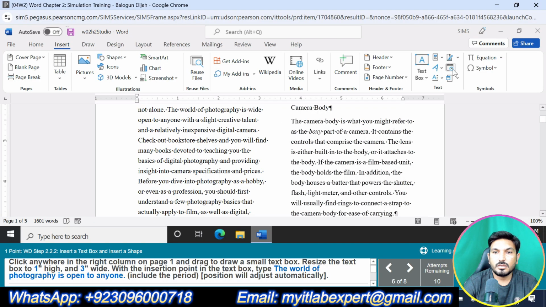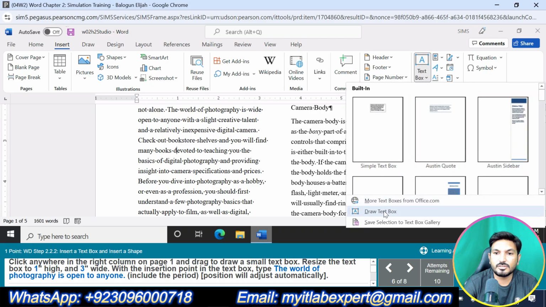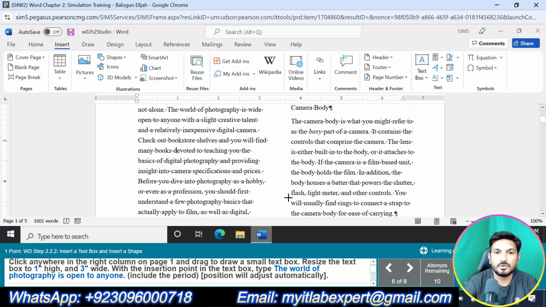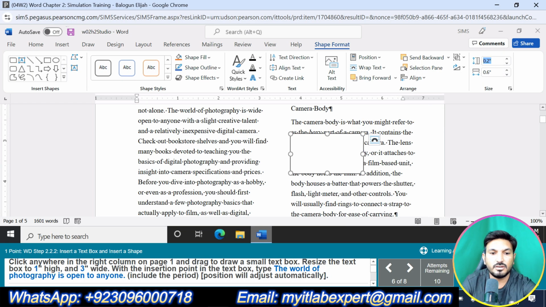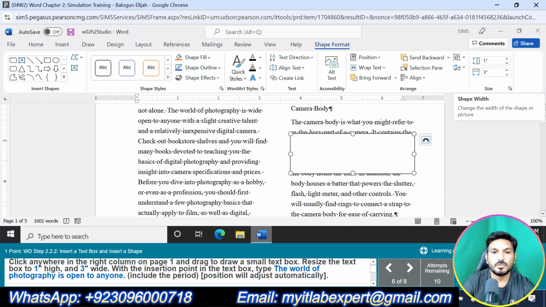Okay, Text Box, and click Draw Text Box and draw here. Okay, resize the text box to 1 inch high and 3 inch width. 1 inch high and 3 inch width, this one.